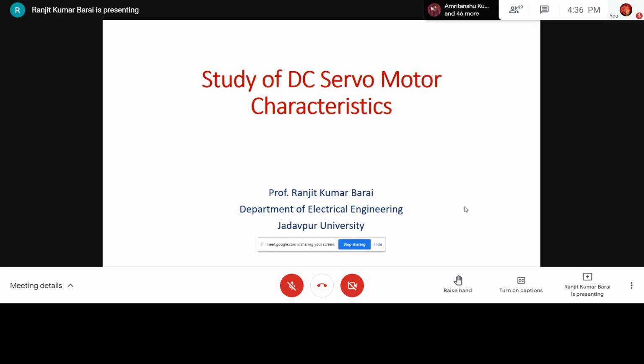So here we have a servo motor and we have to find out its characteristics experimentally. Study means experimental study, not theoretical study. You all already performed theoretical study in second year, I think, system theory class, to derive the transfer function from its basic law of physics. So here we will determine the transfer function, first of all, speed torque characteristics as well as transfer function, afterwards, using experimental method.